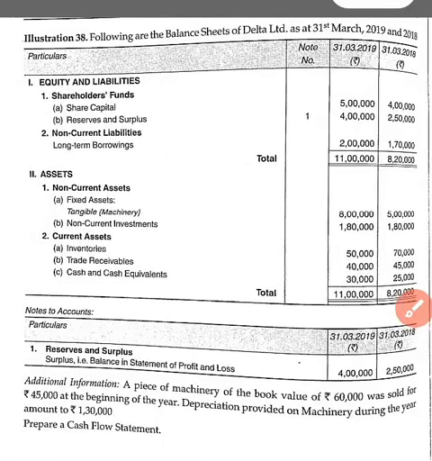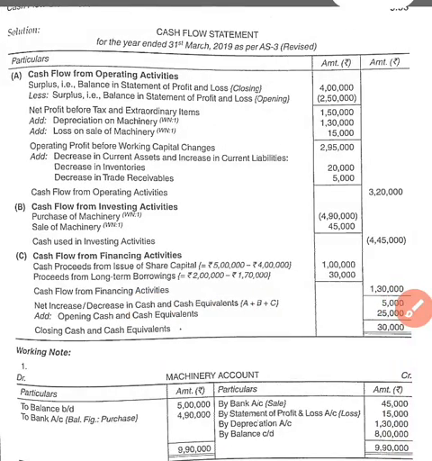Now what is depreciation? Depreciation is also given in the question, that is 1,30,000. So we will write depreciation 1,30,000. All the information is given. We now have the sale, profit and loss, and depreciation. So we will calculate the balancing figure as purchase, to bank account, 4,90,000 purchase. Clear? This is the machinery account.